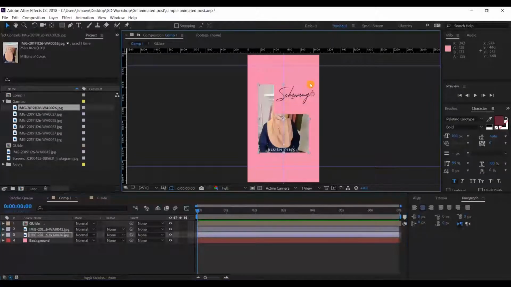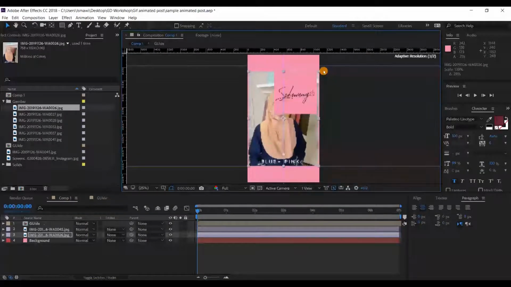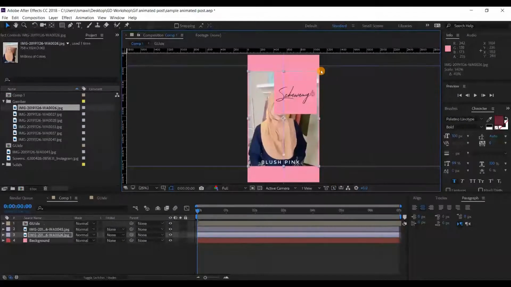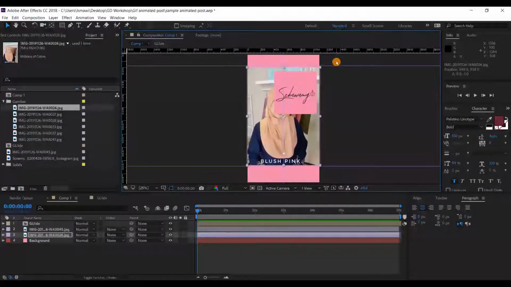I'm going to hold Shift using my move tool. Don't forget to hold Shift to make sure our picture is resized according to the ratio. We're going to make it bigger and fill the screen, left and right. Going to make it bigger.